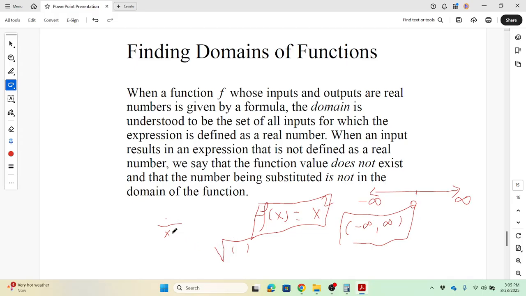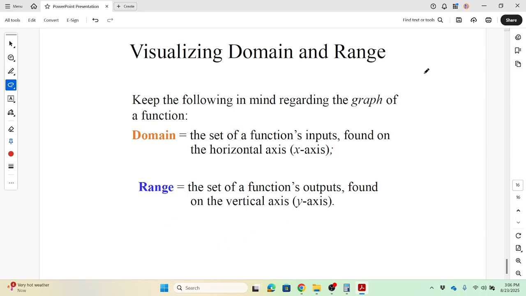If there is a fraction, then we cannot take the value of x which makes the denominator 0, the bottom part. Or if there is a radical sign, especially the square root, we cannot take the value of x which makes the things inside the square root negative. Those are the two restrictions you always have to keep in mind. Okay,